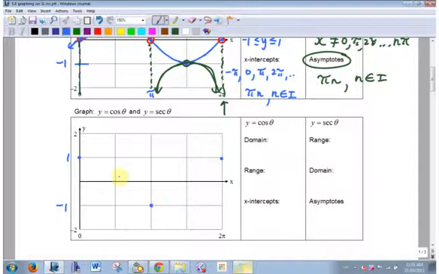Halfway is my minimum, and in between my max and my min is a 0. Okay? Domain, all real. Range, less than or equal to 1, greater than or equal to negative 1. X-intercepts,